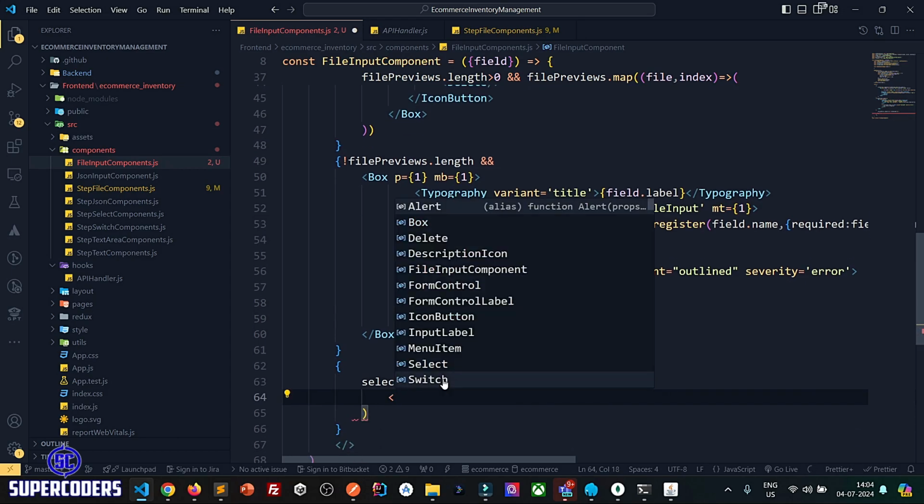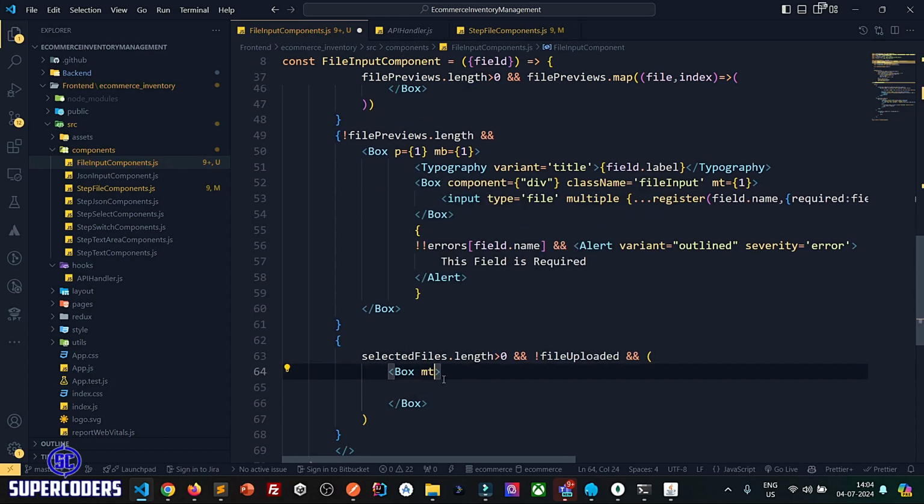So here what I'm gonna do, Box margin top 2,